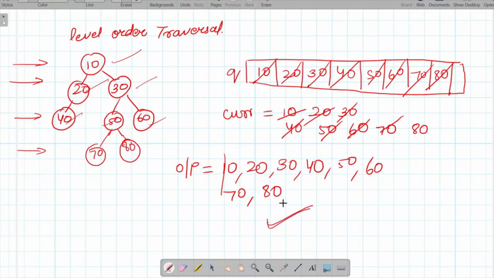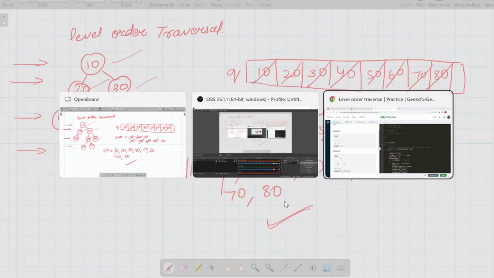So this was the main logic behind this implementation, that we always have to keep track of the children nodes in the queue, so that whenever we are traversing any particular node, we have its children present in our queue, and thus while we process the entire queue, we will have the output in the level order fashion. So let's now see the code for this problem.